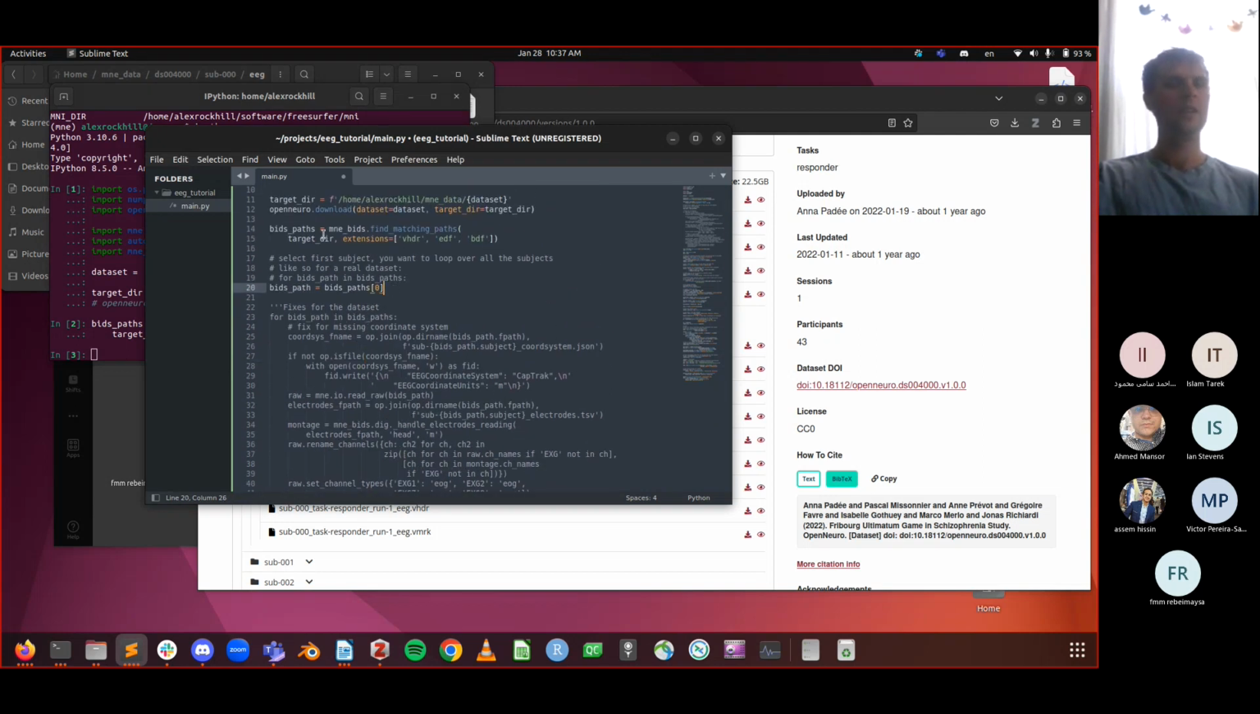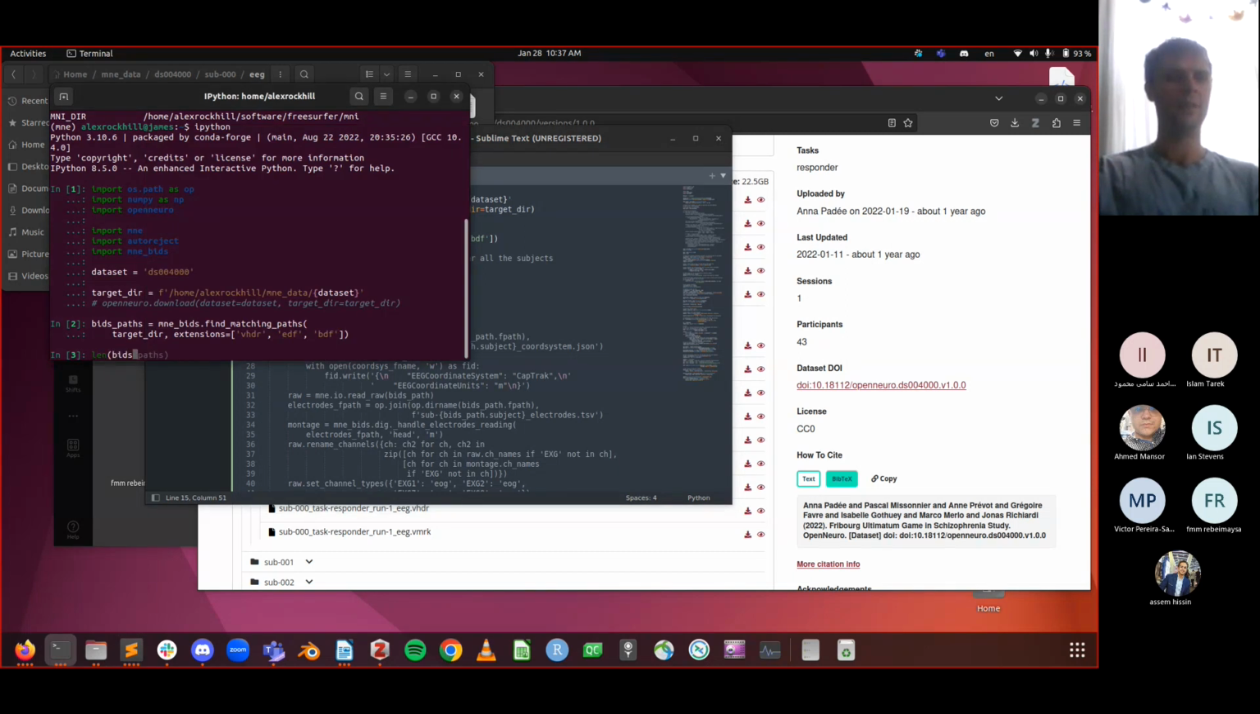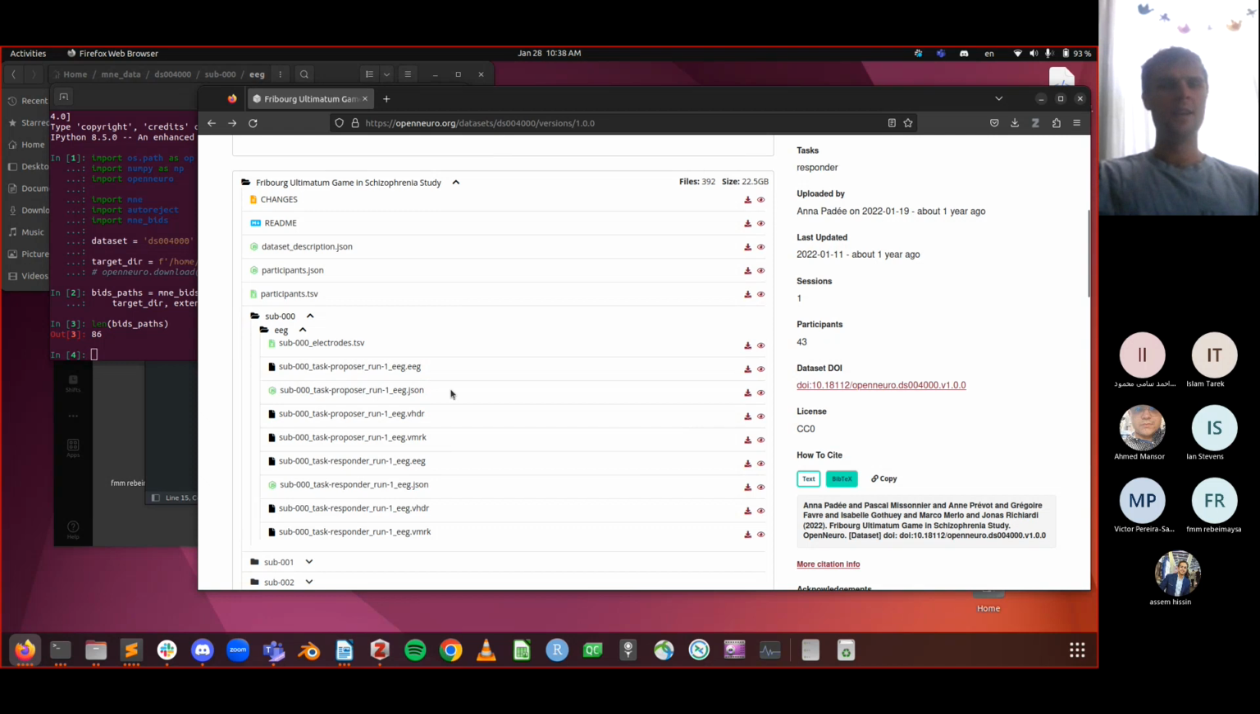little bit of code. Then the next step I generally do with a data set is to find all the extensions that are EEG data files. EDF, VHDR, and BDF are usually what EEG data files will be. And then if you just look at the BIDS paths, there's 86 of them, and it should be 2 per subject. There's 42 subjects, or 43 subjects because it starts on 0, and then each subject is both a responder and a